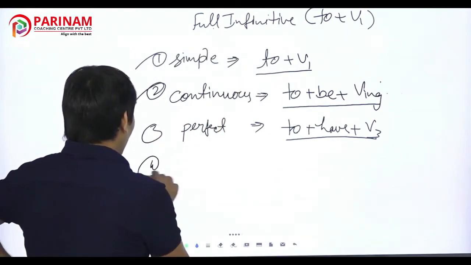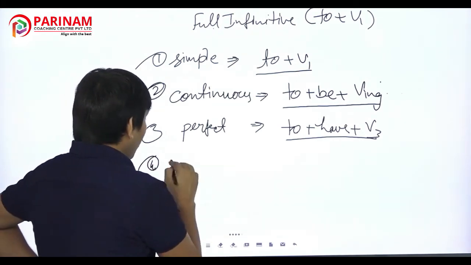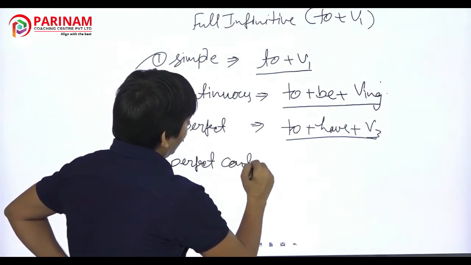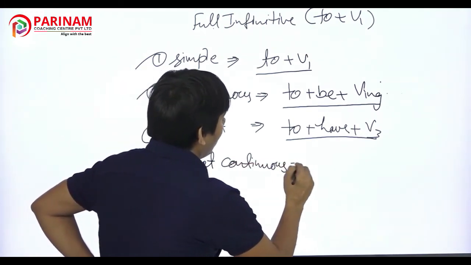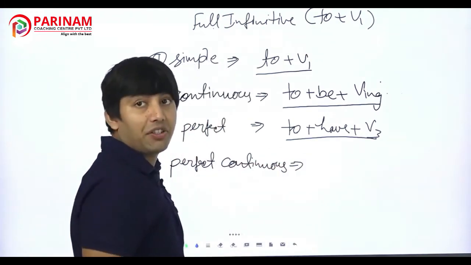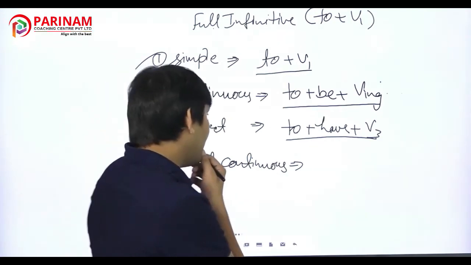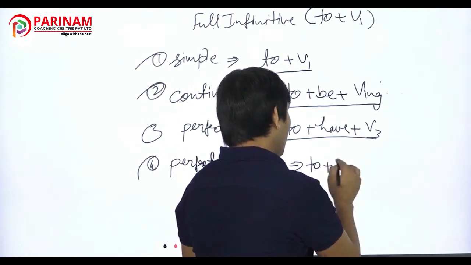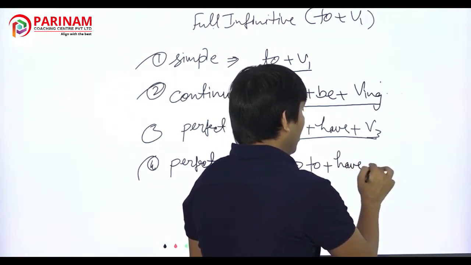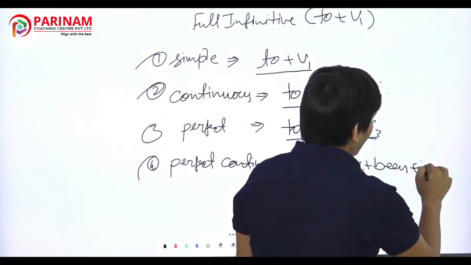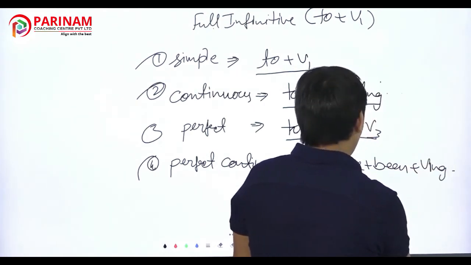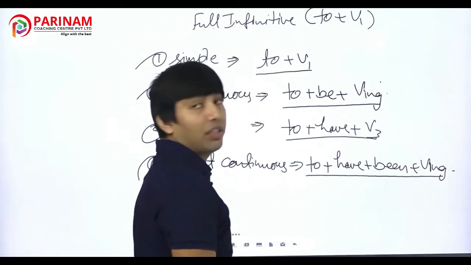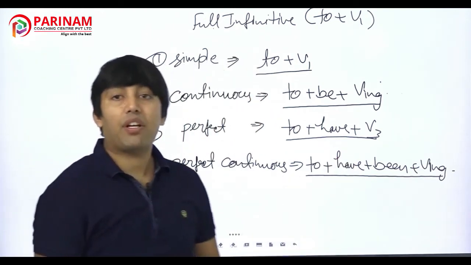And the fourth form is perfect continuous. The fourth form is perfect continuous. Now what is this perfect continuous? Yes, it will be written this way: to plus have plus been plus ing, because have plus been plus ing make perfect continuous and they will be written after to, then this will become the perfect continuous tense